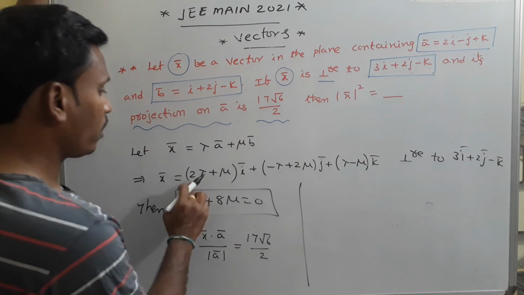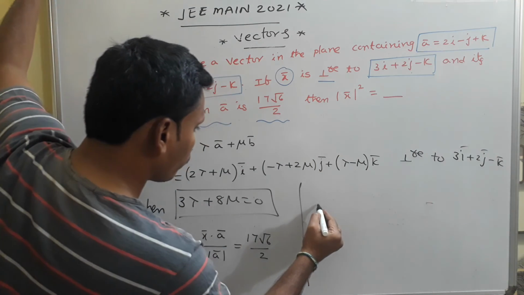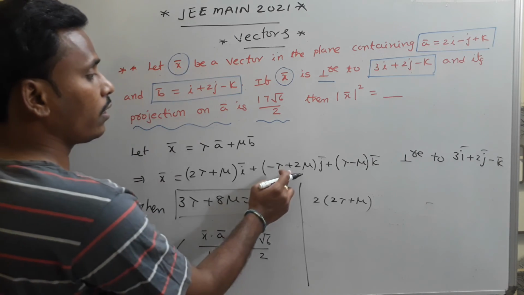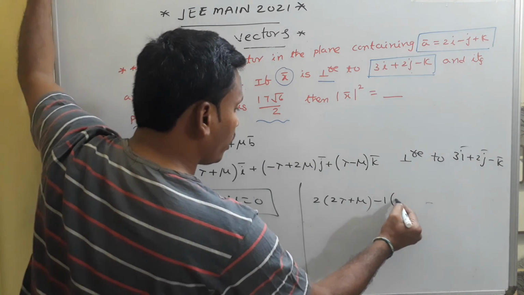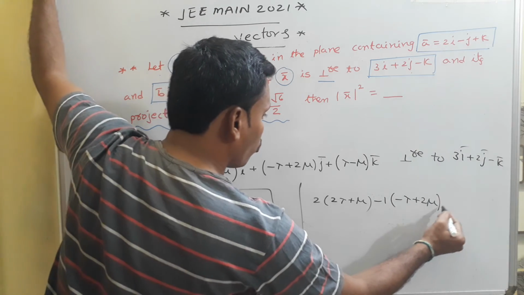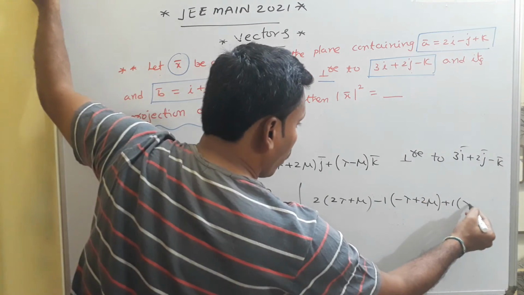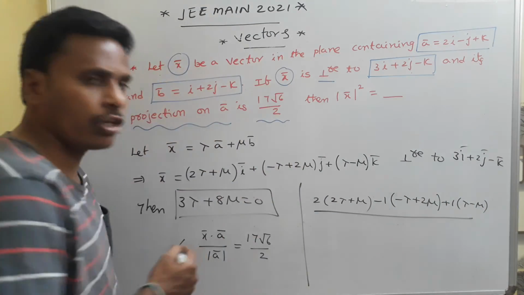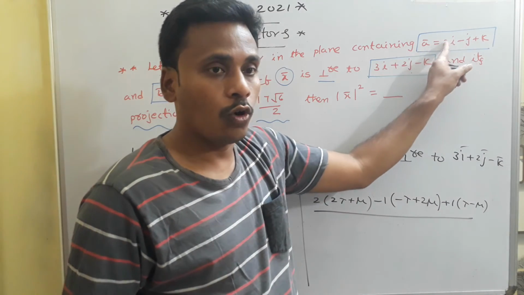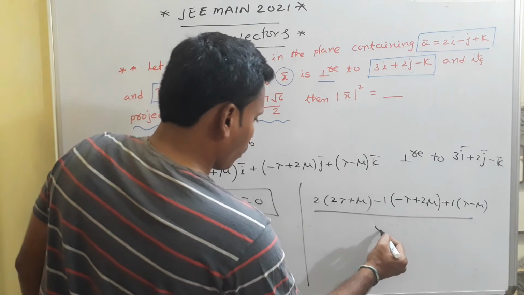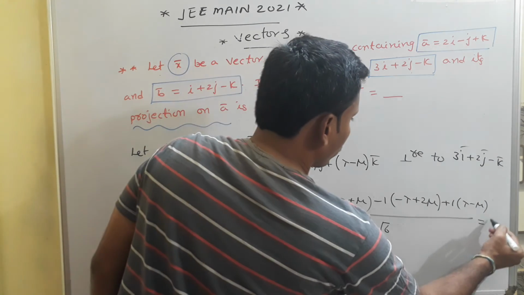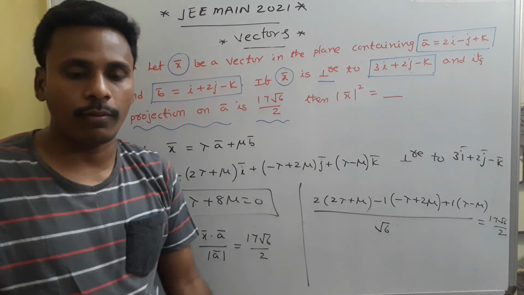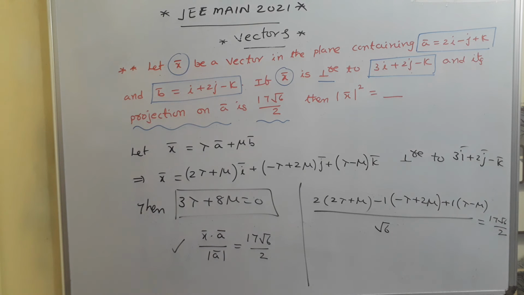So again we have some work. This 2 lambda plus mu and this is 2, so 2 into 2 lambda plus mu, I am applying the dot product. j bar coefficient is minus 1, so minus 1 into minus lambda plus 2 mu, again k bar coefficient 1 into lambda minus mu. This is x bar dot a bar divided by modulus of a bar. Modulus of a bar, 2 square is 4, 1 and 1, it is root 6. Okay, this is root 6, so that is equals to 17 root 6 by 2. So we simplify this to get another relation in lambda and mu, and after that we have to solve lambda and mu. Okay,